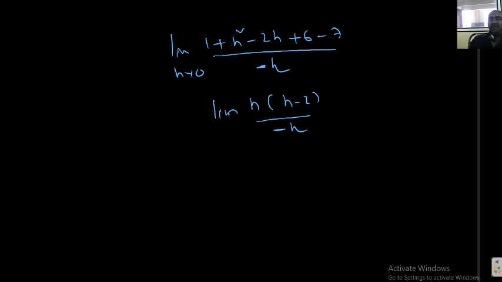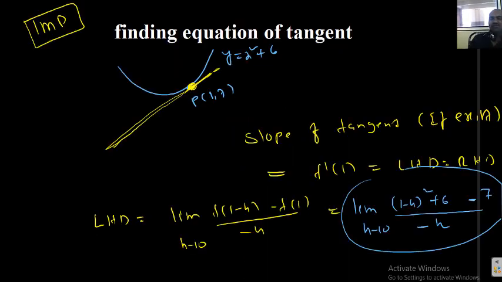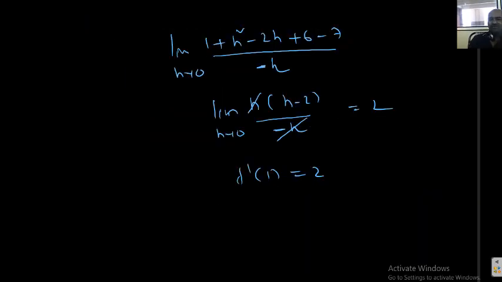Limiting value as h tends to 0, this gets cancelled, giving 2. What is the meaning of that? f dash of 1 equals 2, I can directly say. No need to find RHD. Why? This is a smooth graph, no? It doesn't have any sharp corners. Everywhere it is differentiable, at 1, 7 also differentiable. So whatever I got for LHD, that only you will get for RHD. That is not a big issue.